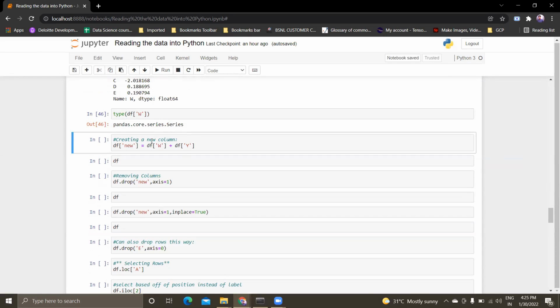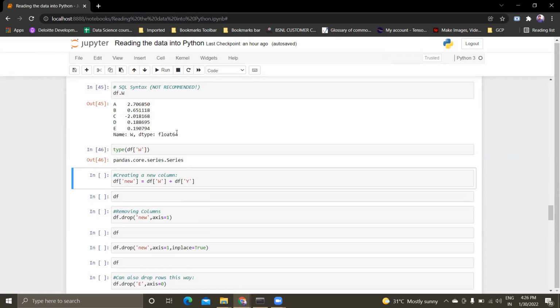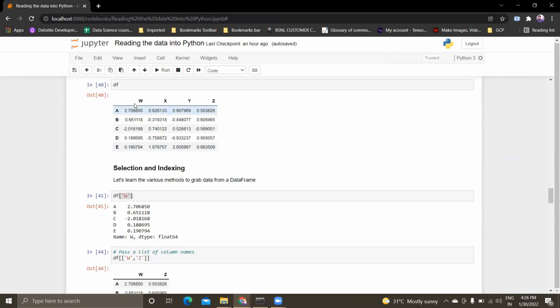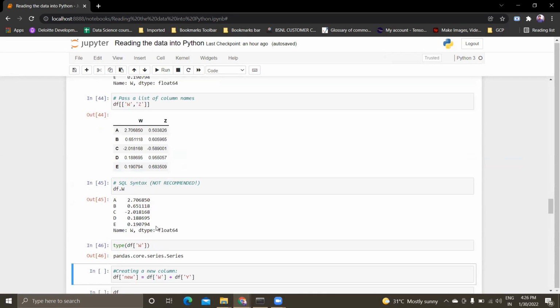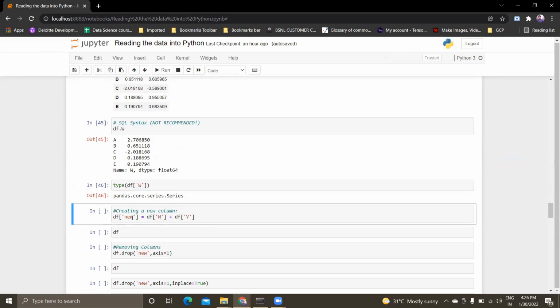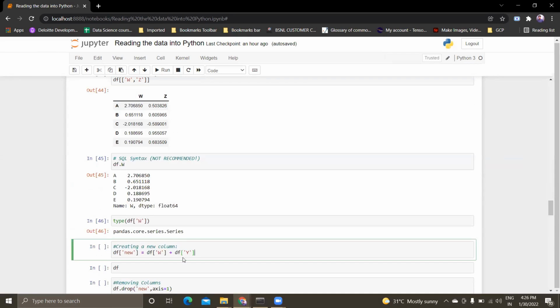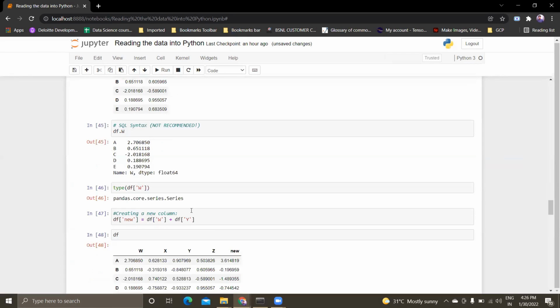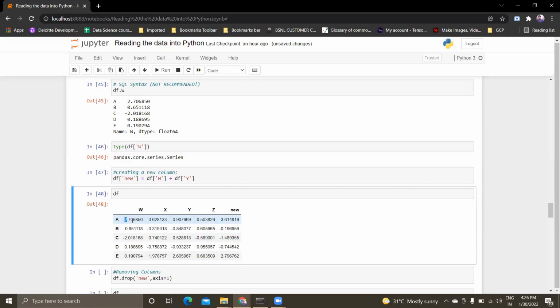Now, based on two columns, df['W'] and df['Y'], I'm creating a new column and assigning it the column name 'new'. df['new'] equals df['W'] plus df['Y']. Basically, the combined value of W plus Y will be stored in this column. 2.7068 plus 0.90, when added, gives 3.6.